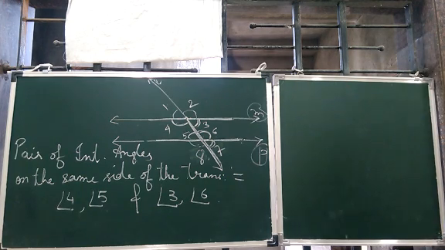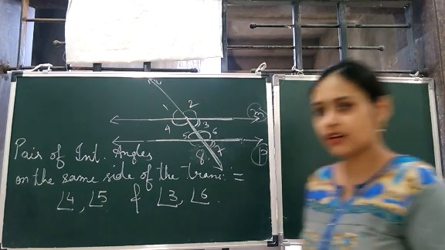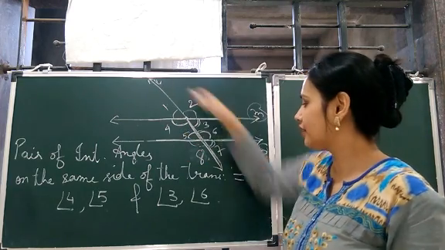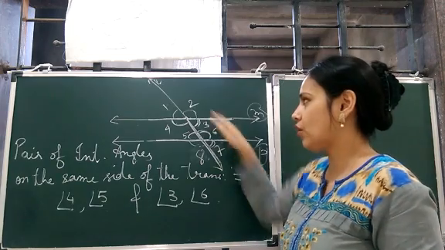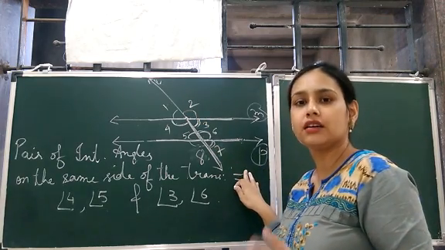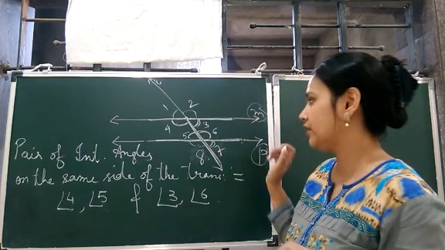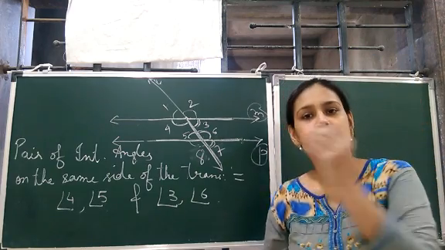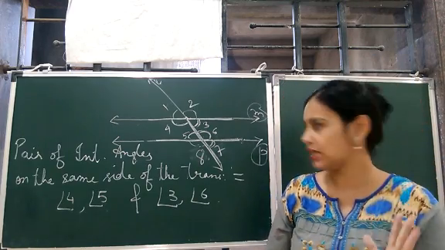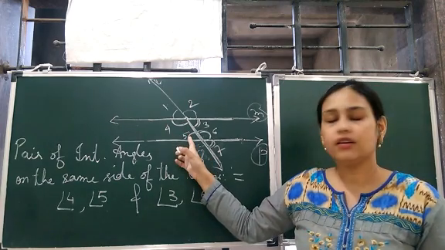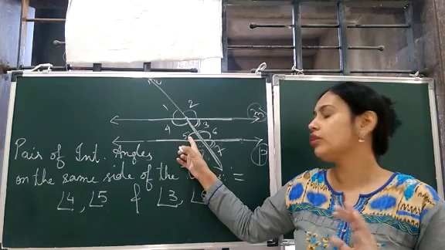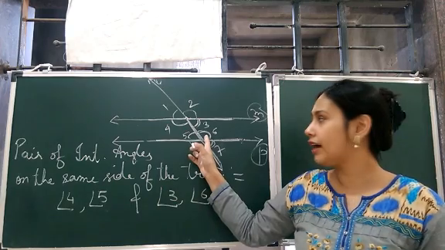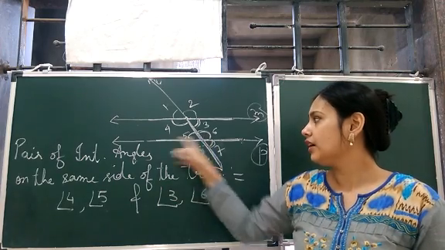Corresponding angles are known as corresponding angles because they correspond to the lines to which the given line is a transversal. That is why they are also known as corresponding angles. But if you want to remember, the Z shape and the F shape are the best, because we don't make an F shape for interior angles or adjacent angles. For alternate angles we make a Z shape, and for corresponding angles we make an F shape.